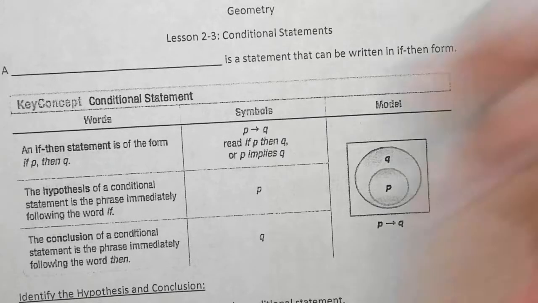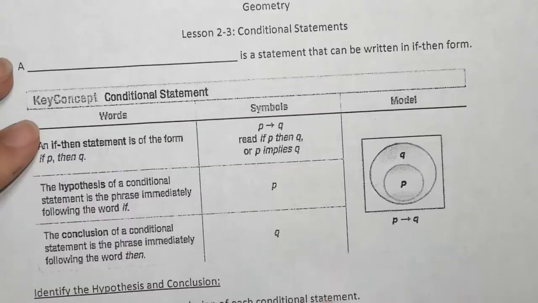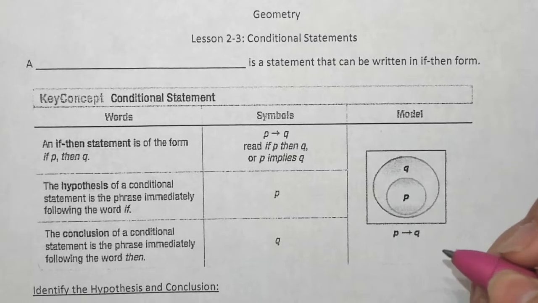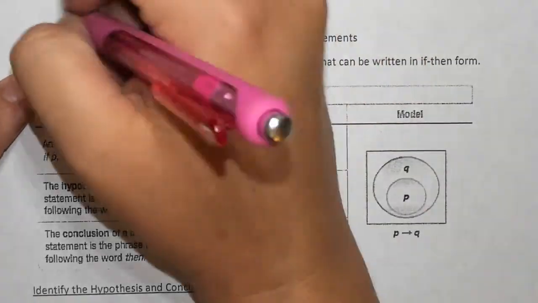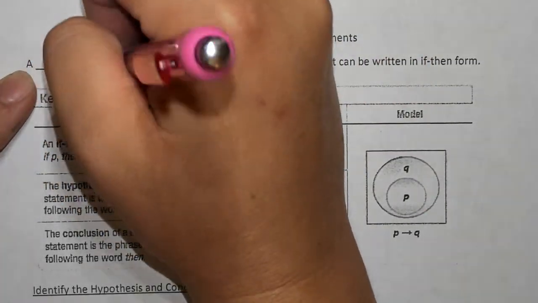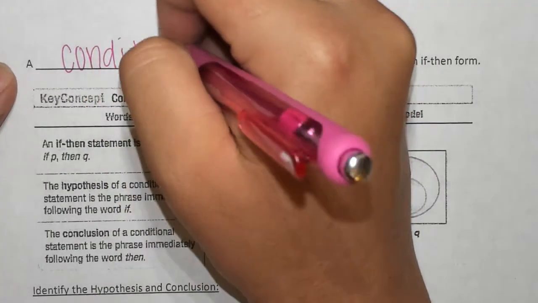All right, so here we go. We have the beginning of 2.3. It's going to take us about 8 minutes. So here we go. A conditional statement